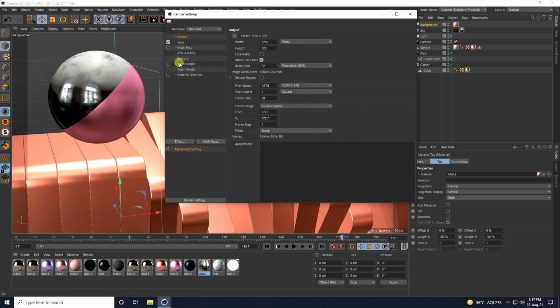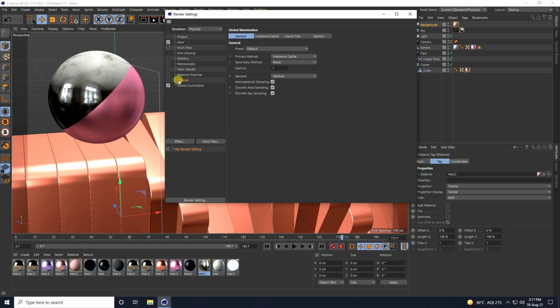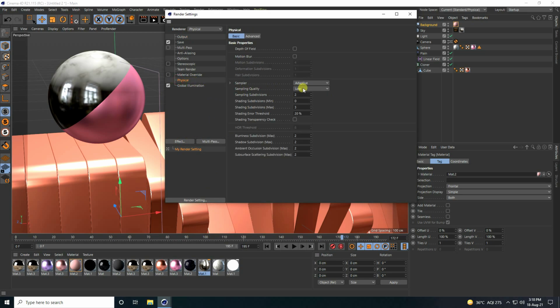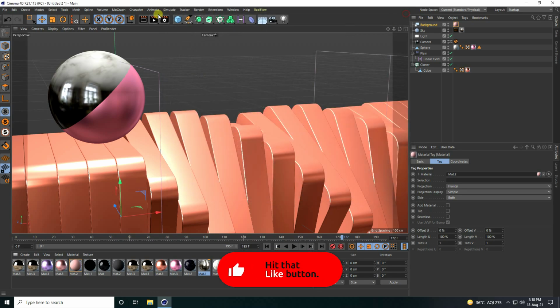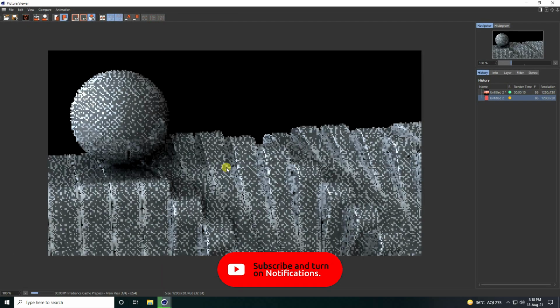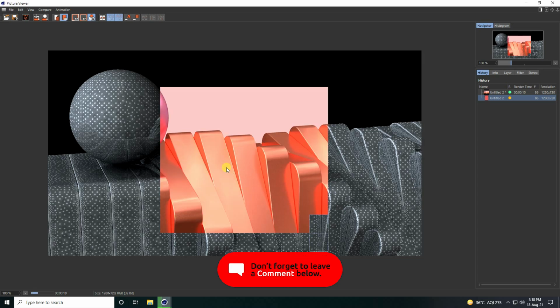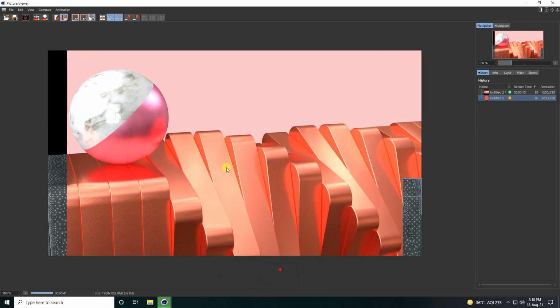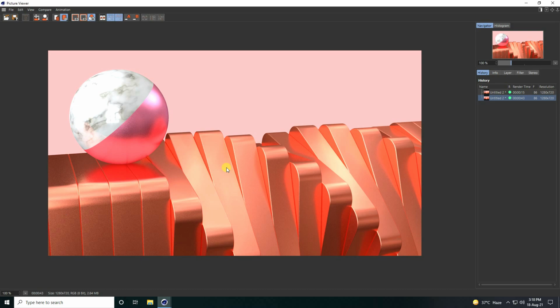Okay, so now I change the render settings. So guys, go to render settings and change this one to physical and use global illumination. That's it, yeah. So physical, guys, you can take low, this one. If your system configuration is better, you can take medium, otherwise you can take low, yeah. So go to here and render preview. Yeah, see guys, that's my beautiful render, right?